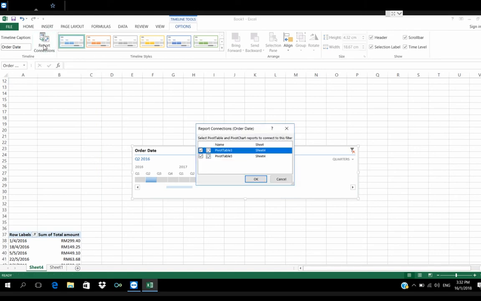Under Report Connections, there are two tables, which is this table and the table above. If you don't want to have any connection between these two tables, you can just untick the table under.